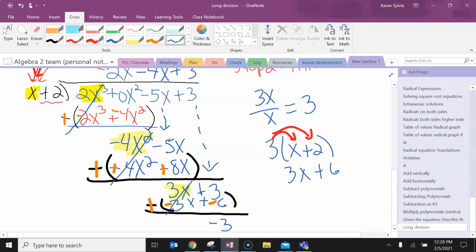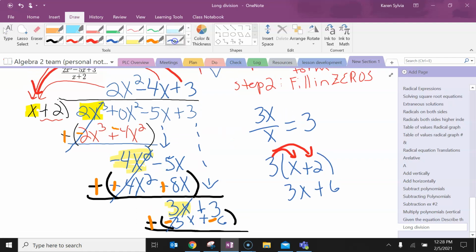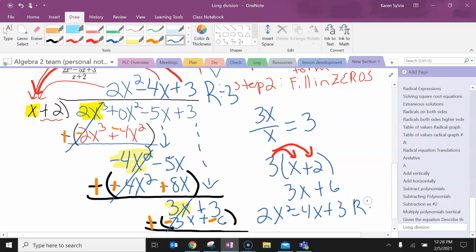Since there's nothing left to drop down, that will be my remainder. So the answer to the entire quotient, or the quotient to the original division problem, is going to be 2x squared minus 4x plus 3, remainder of negative